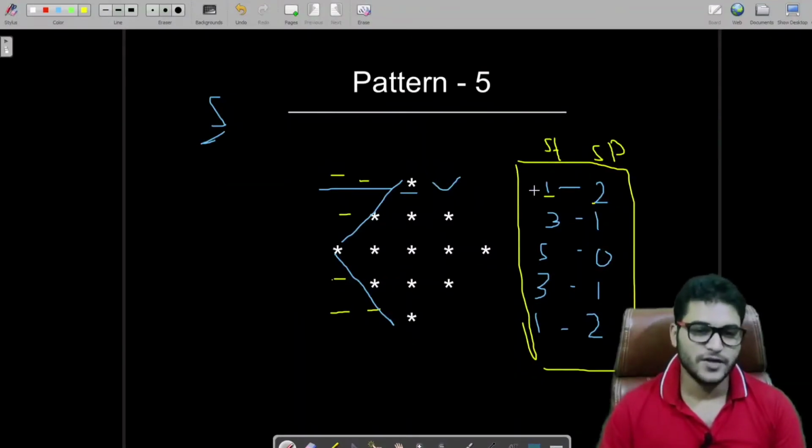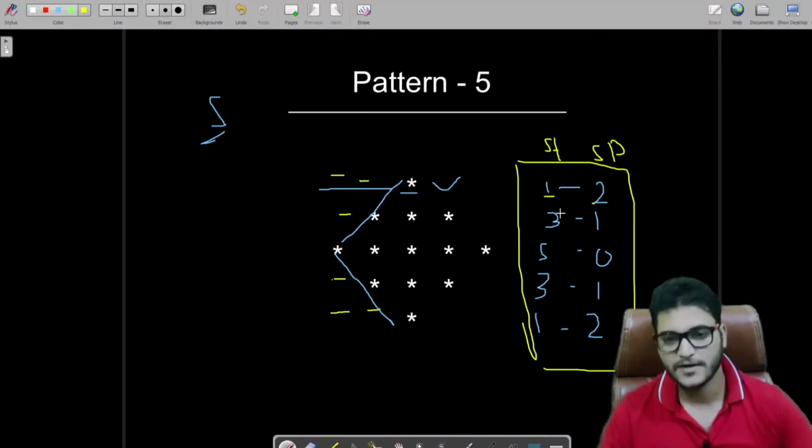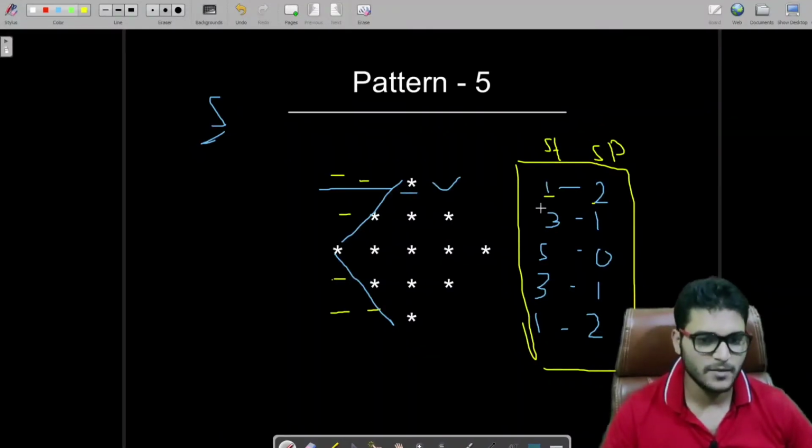In the first row we have 1 star, 2 spaces. In the second row we have 3 stars, 1 space. Do you see a pattern? We are increasing our stars by 2 and decreasing our spaces by 1. Again we have increased our number of stars by 2 and decreased our number of spaces by 1.